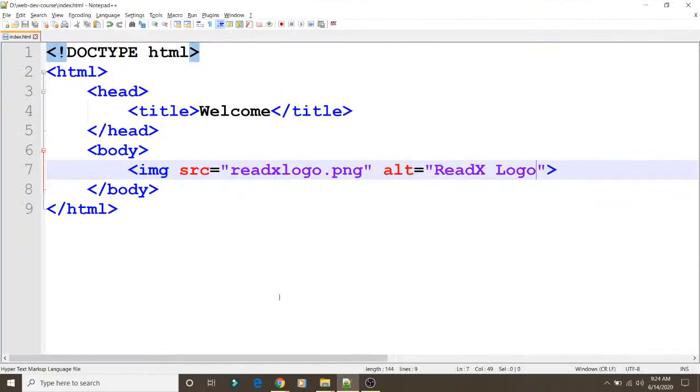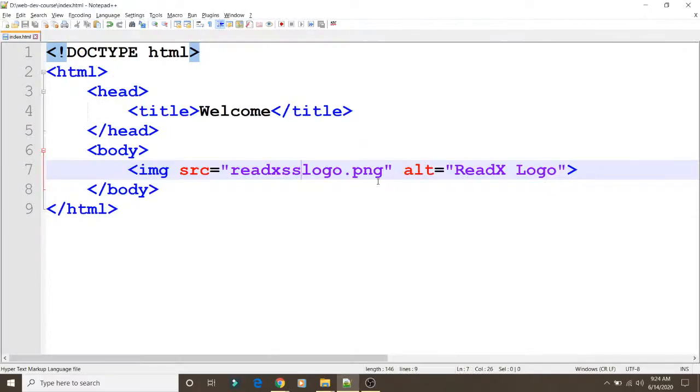Suppose by mistake I write an incorrect file name, so when the browser looks for this image file, it will not find it, because with this name we don't have any image file in our directory. So if you refresh, you can see Redux logo.